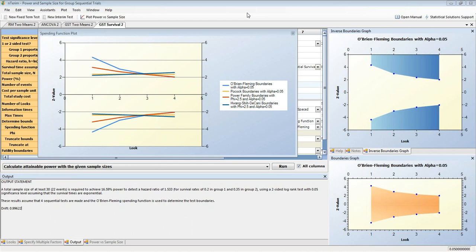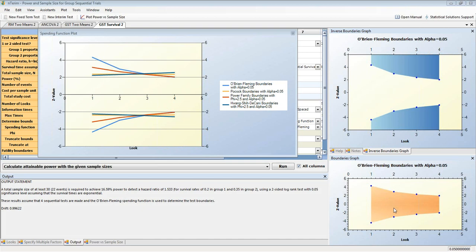We also have another person here, Matt. The boundaries graph. Could you describe the continuation regions again? I can, of course. I hope you can all see this on the right-hand side of the screen. In the original boundaries graph, I mean the boundary which is automatically generated for you, at each look you compare your test statistic to these boundaries.